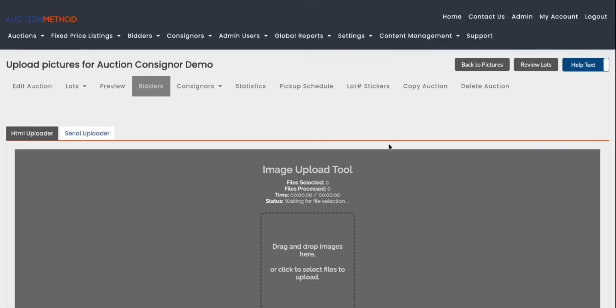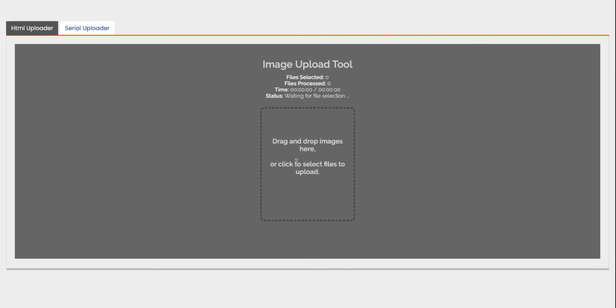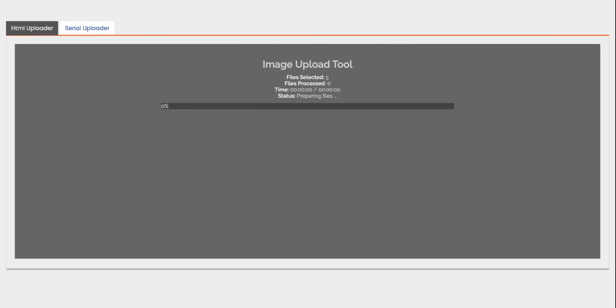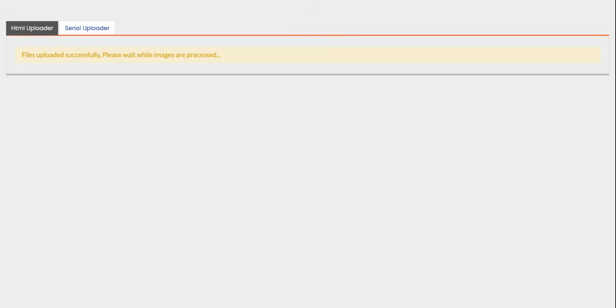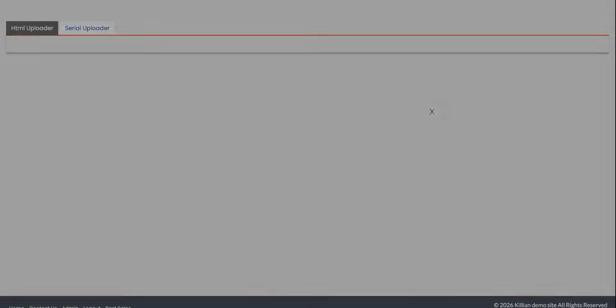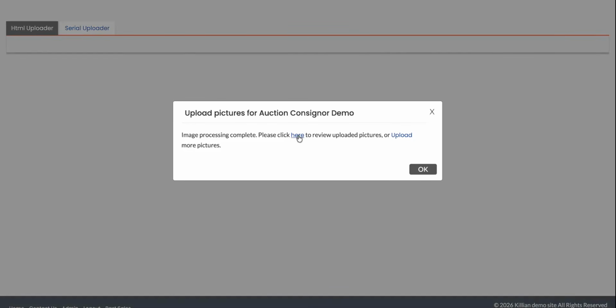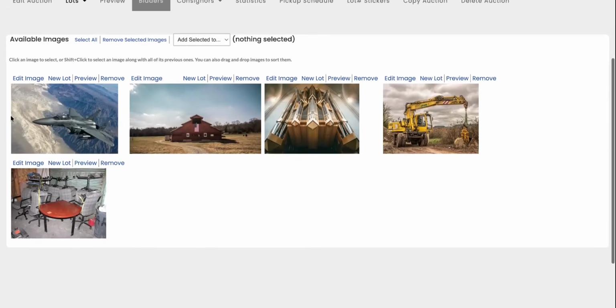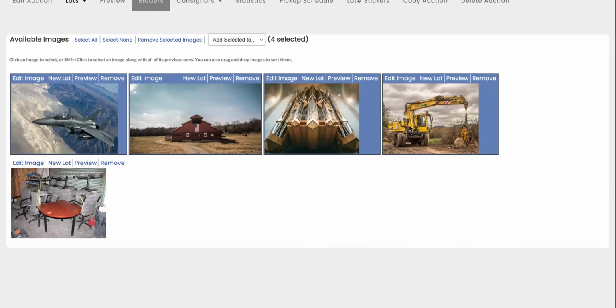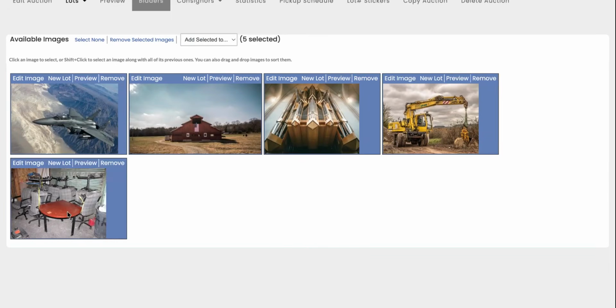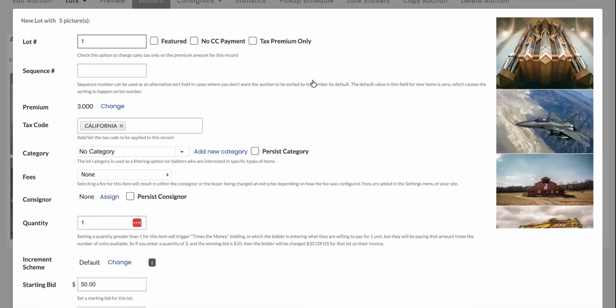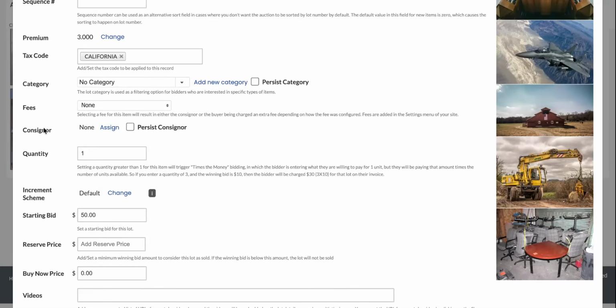And I'll just, same as always, upload my images to the auction like you usually would. I'm going to pick about 4 or 5 here. And then once the images are uploaded to your site, click here to review the images. And I'll just go ahead and create one lot using all 5 images by selecting all of them, clicking on new lot. And what you can do is just scroll down to about halfway through where it says consignor,